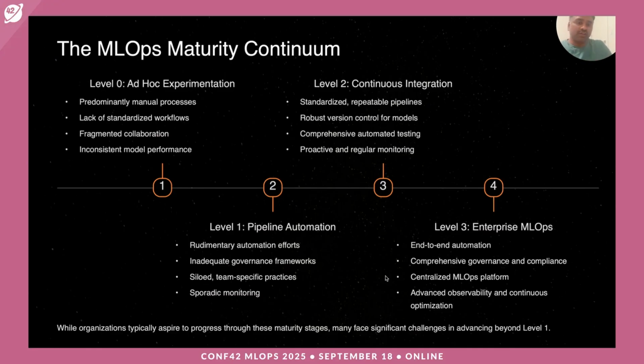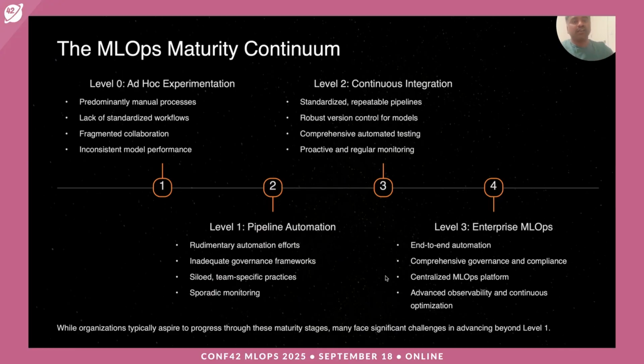And the next level in terms of maturity is pipeline automation. Now we don't have a lot of automation in place, then we come up with some kind of automation, the basic automation we can say, right? And even though we made some progress in terms of pipeline automation, there are still some lacking areas, things like we don't have really good governance frameworks. Teams are pretty siloed in a way, and also the monitoring is not robust enough to identify model drifts or all kinds of performance issues that we can see, right? That is the state of level 1 we can briefly talk about.